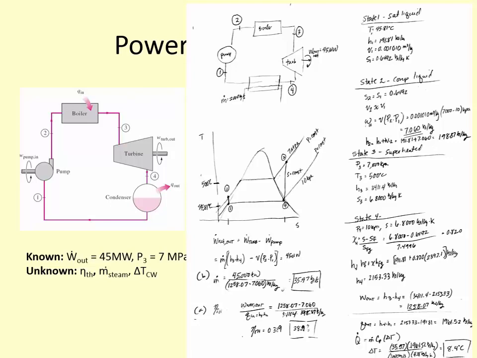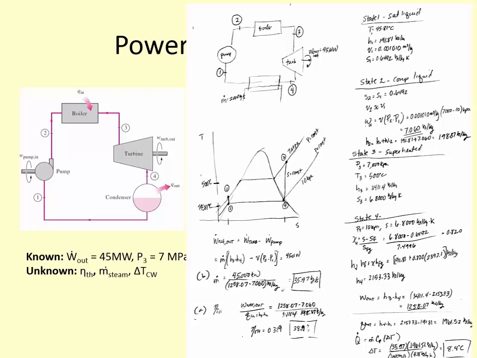Okay, so then we can also say that Q dot out is equal to M dot times H4 minus H1, and Q dot in is equal to M dot of the cooling water, C sub P times T out minus T in. Okay, so we set these two equal to one another and solve for T out minus T in. So we find that the delta T of the cooling water, so we want to know how much the temperature increases, so it's T out minus T in, is equal to